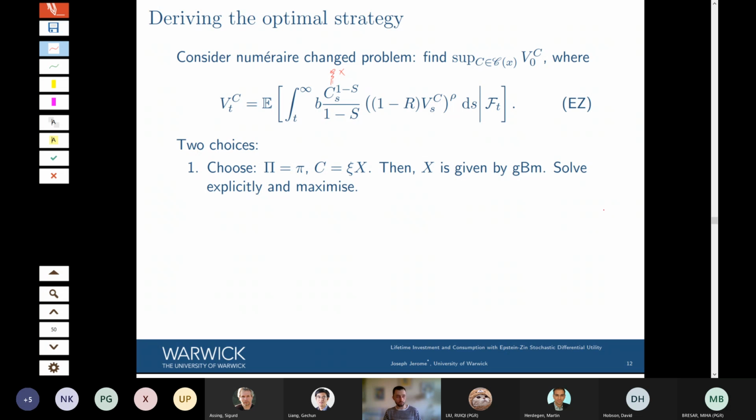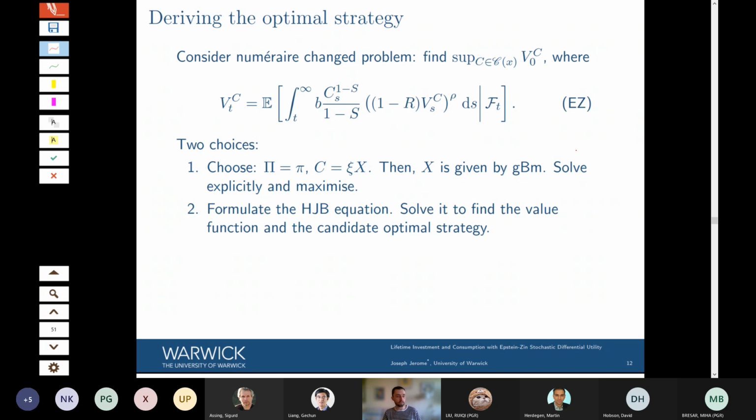Another choice is to formulate the Hamilton-Jacobi-Bellman equation, solve it, and find the value function and the candidate optimal strategy with it. Essentially, as you'll see in a second, the optimal strategy is fairly similar to the Merton problem, except we can see where the risk aversion comes in and where the elasticity of intertemporal complementarity comes in. So provided